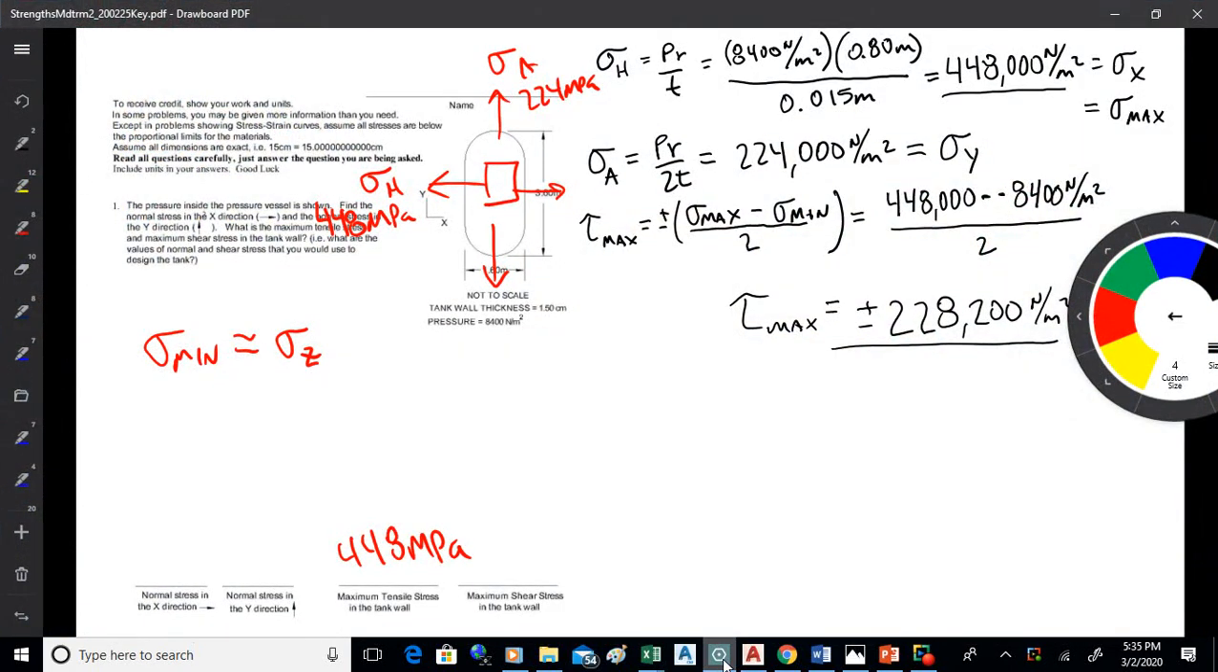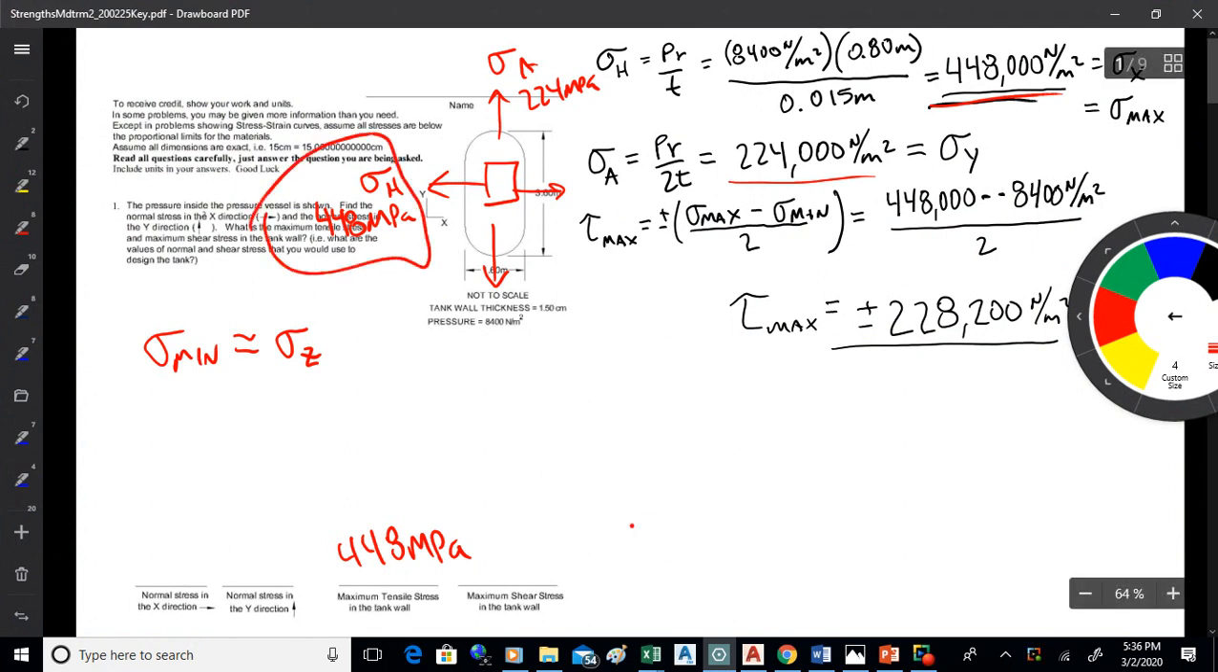Here's a run through the key for the test. So this first one here, it's a pressure vessel. You want to find the hoop stress, and then the axial stress, which is half of the hoop, so 448 megapascals and 224. The hoop tries to tear the tank in half along the long axis, so the hoop acts